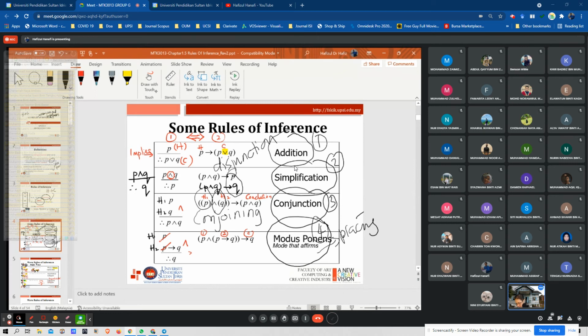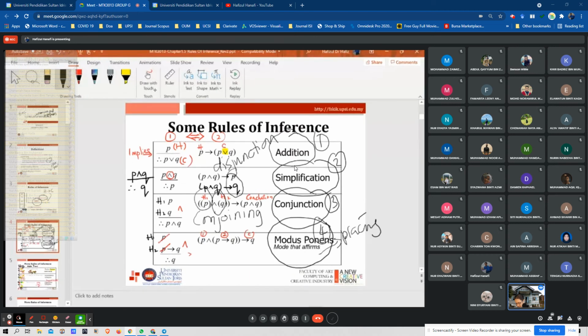P implies Q. Hypothesis one is P, hypothesis two is P implies Q. And then when you have P and P implies Q, the conclusion is Q. You eliminate, or affirm the antecedent. Antecedent means before the